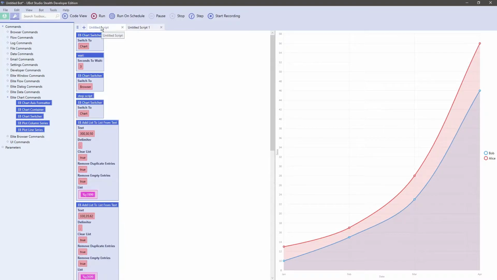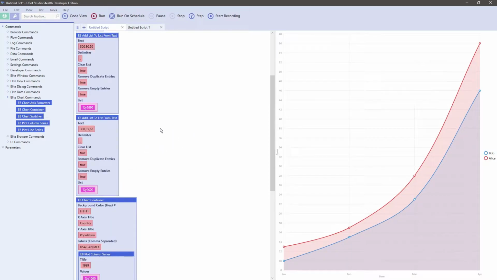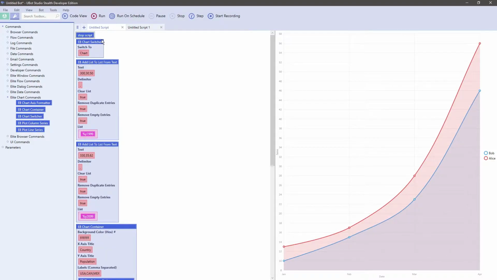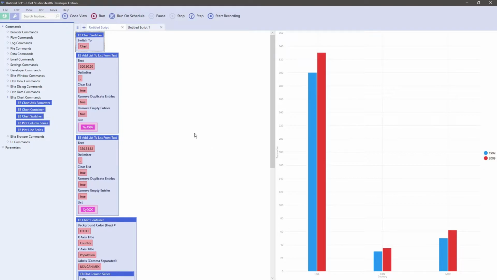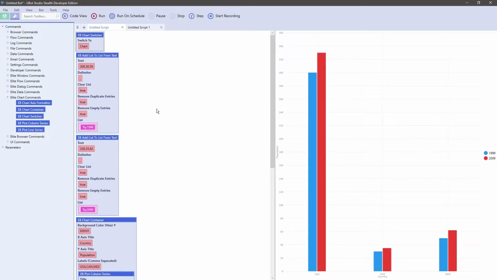Now this is different than how the column charts work. The column charts are a little bit different. So let me go ahead and get this out of the way and run this now. Now in this case, we have populations. We have USA, Canada, and Mexico. So for